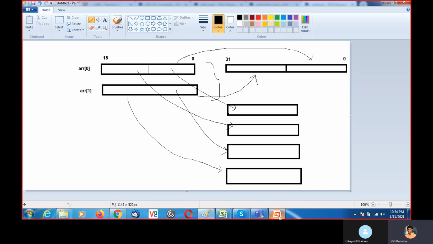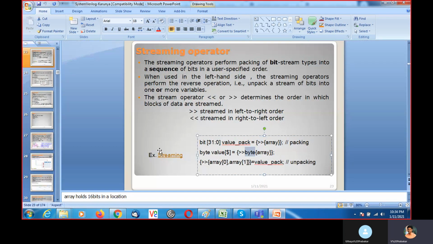This way it will perform. So this one is unpacking. If you mention the streaming operator on the left hand side, it means unpacking. And this is called packing.